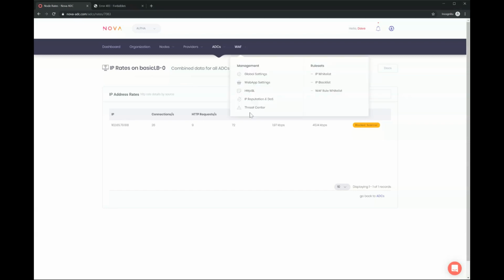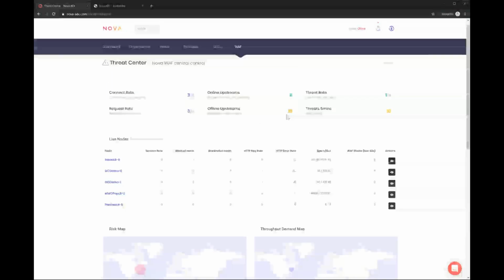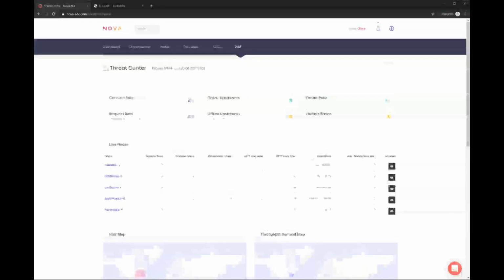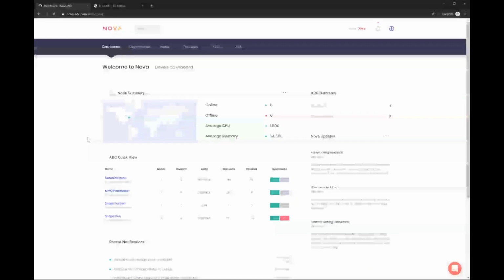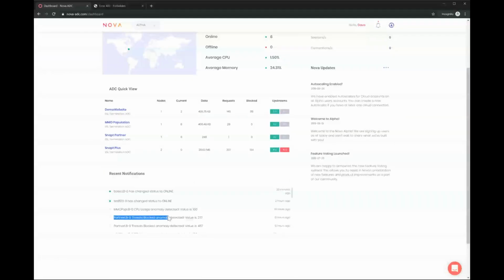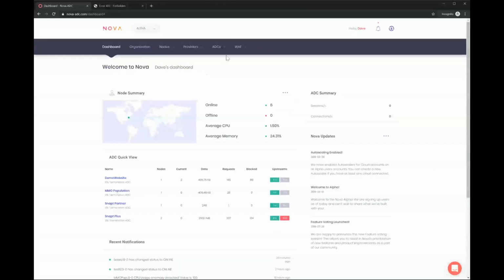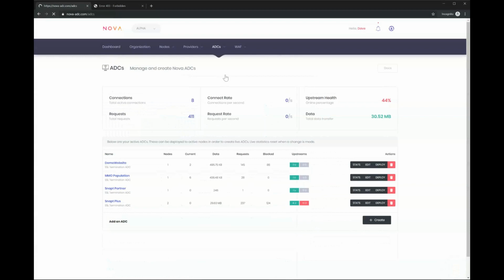So we detect any weird patterns and things like that. Where you see here threat anomalies, if I left that scanner running, it would start to ping us there and start to worry. And you can see some of those examples here, like partner LB threats blocked anomaly detected, value is 227. So it's picked up that there's been a spike in attacks and is dealing with that, addressing that, etc. And that will send you an email.